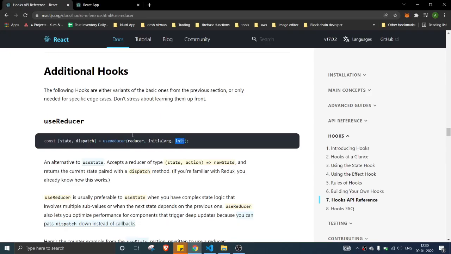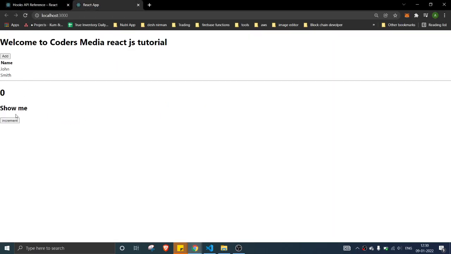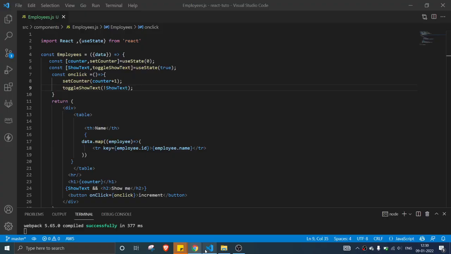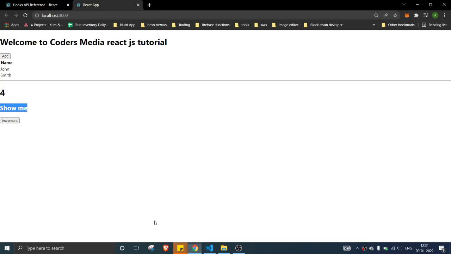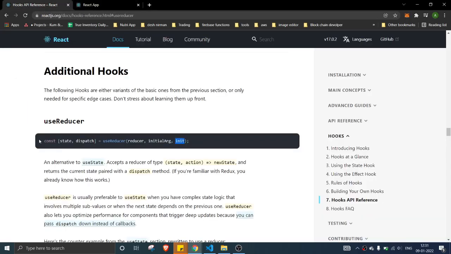So let's visit the UI. See, every increment, it gets toggled, right? So this is what is happening with useState. With useState we can declare individually, and we have a function which helps you to update. Again, this is a kind of dispatch concept which helps you to update. Now we are going to redefine this with the help of useReducer. Before doing that, we'll look at the syntax one more time.